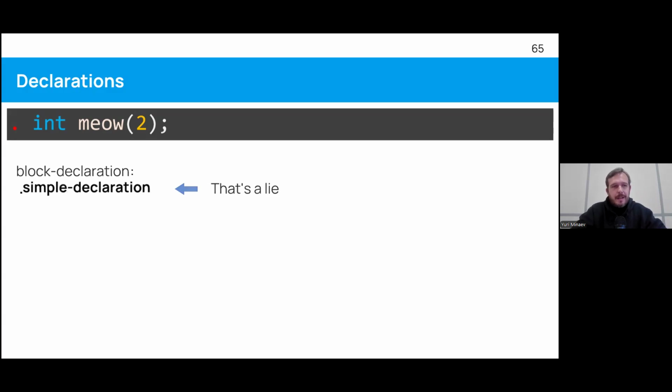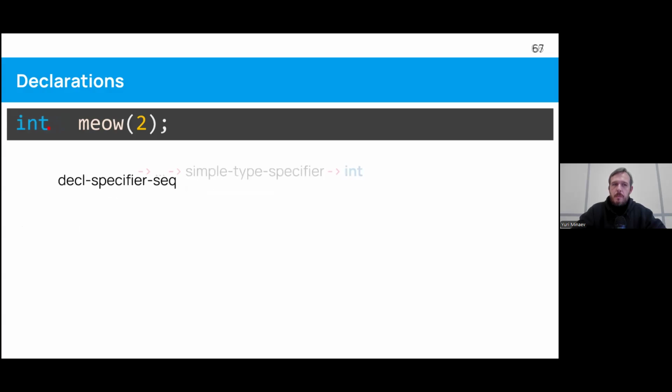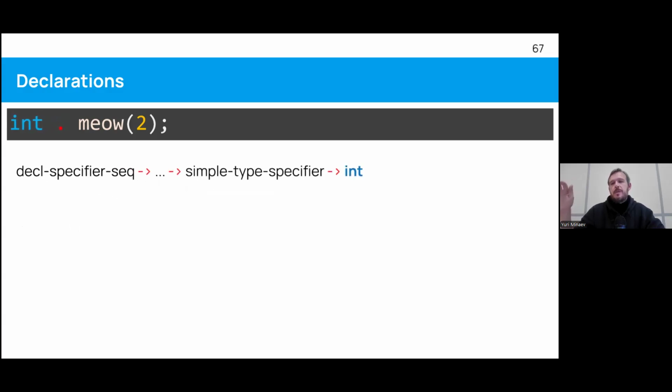Okay. Declaration specifier sequence next. We haven't moved our position yet. And when we go into the declaration specifier sequence, through more steps down, we eventually consume int. So that's our declaration specifier sequence, a single int. It's a type specifier.